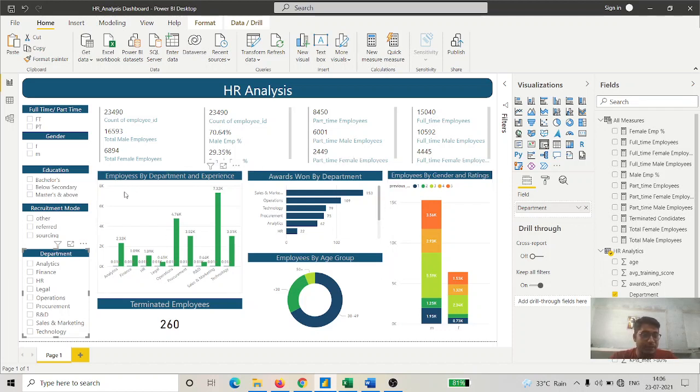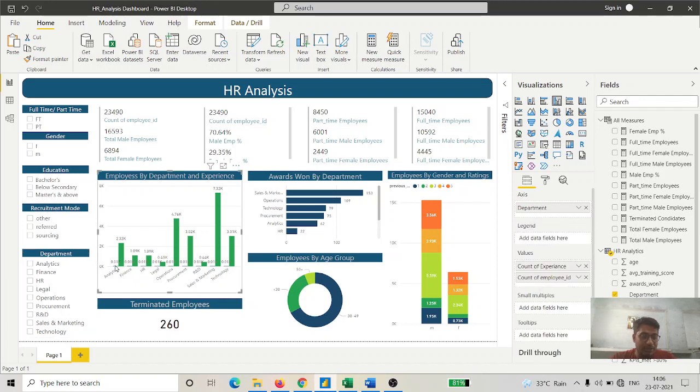And there is employees by department and experience: how many employees are experienced according to department. In the analytics the total employees are 2319, but how many are experienced, and how much experience they have.